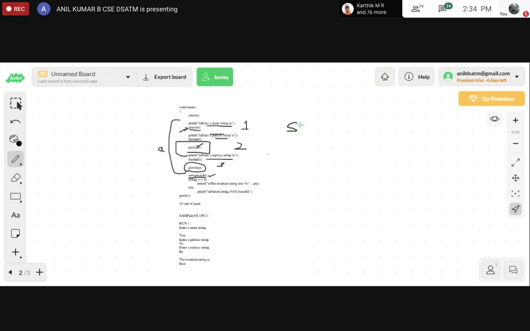Input STR is equal to WELCOME. This is the given input string. So we have given a pattern.